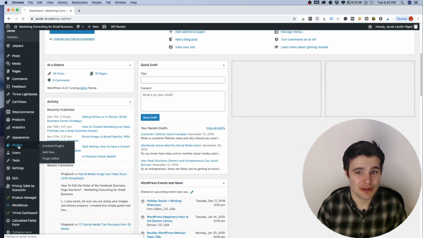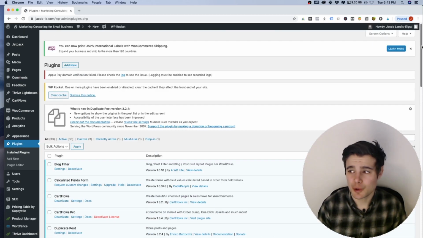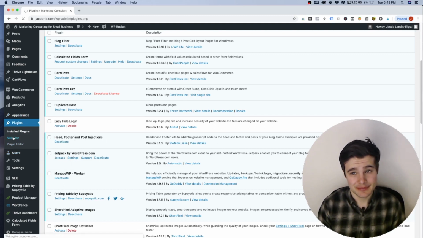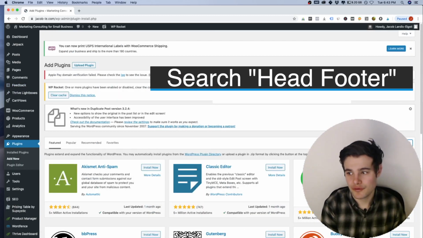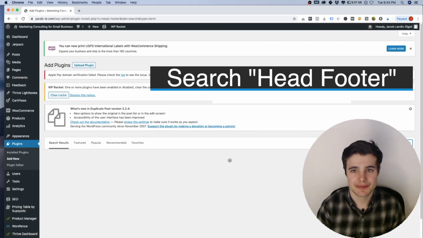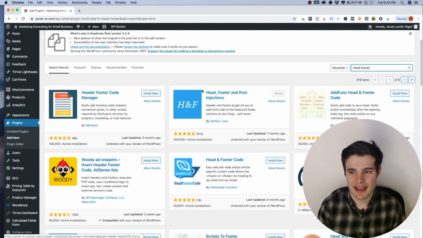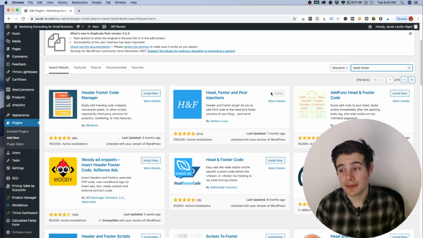All right, now let's go to plugins. So rather than adding a Google Analytics plugin, I want to look for head, footer, and post injections. So under plugins, you can click Add New. And then just head, footer is what we're going to search. And I'm sure this one works too, but I like head, footer, and post injections. I already have it active, but you'll click Install Now and then Activate, and it should show up in your